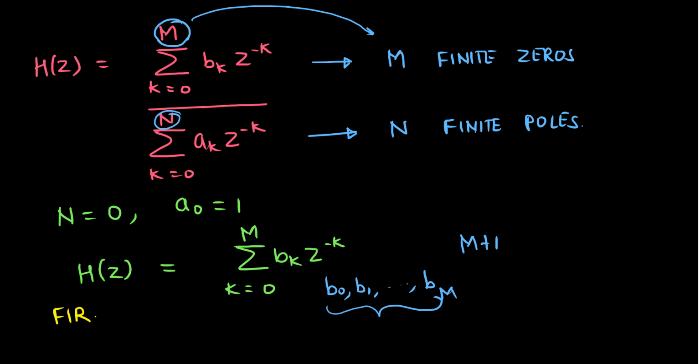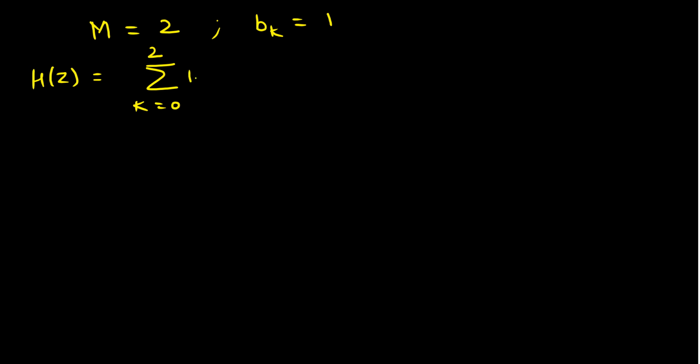So let us consider a simple example of m equal to 2. So we will consider the value of m is equal to 2, and for this value of m let us consider bk is equal to 1. So what we have is h of z is equal to summation k running from 0 to 2 bk, that is 1 into z to the power minus k. So this is basically 1 plus z inverse plus z to the power minus 2,